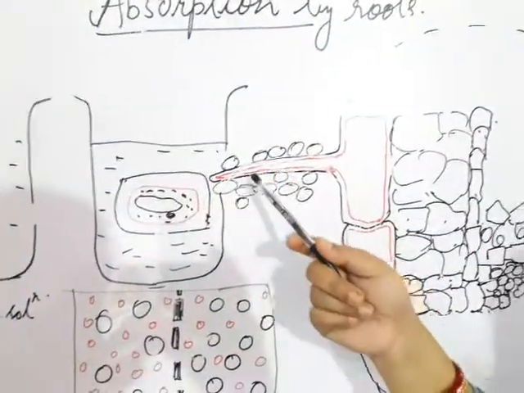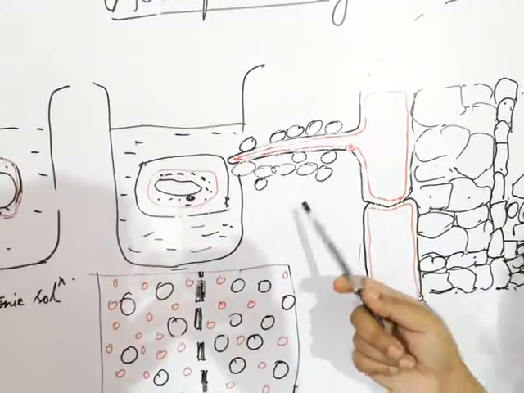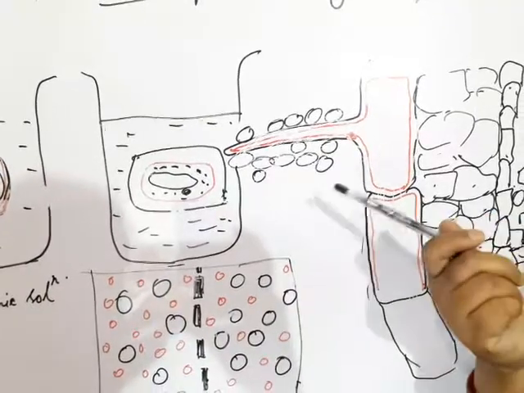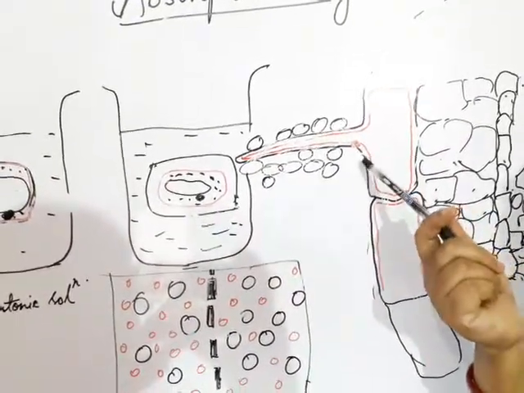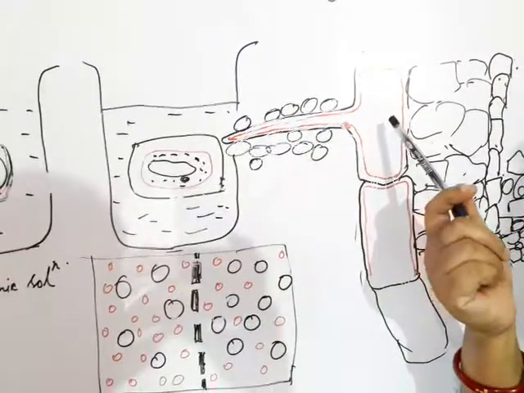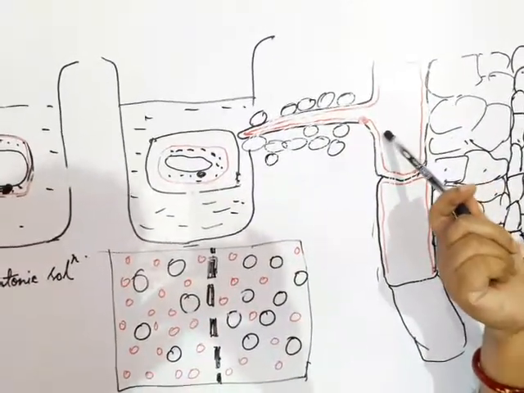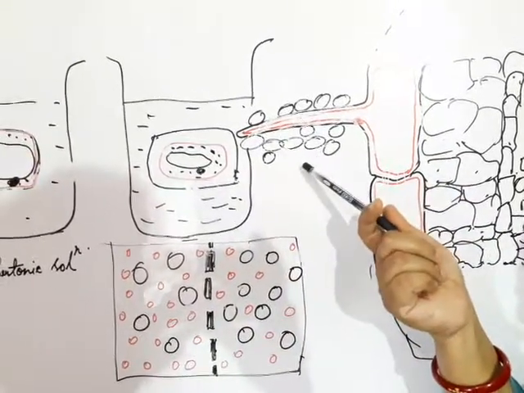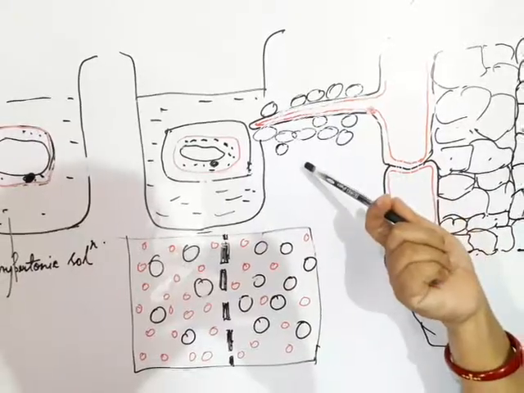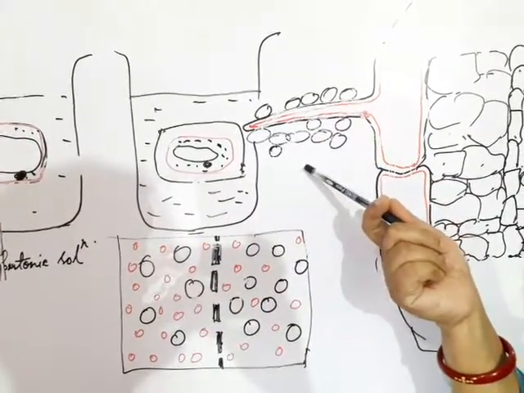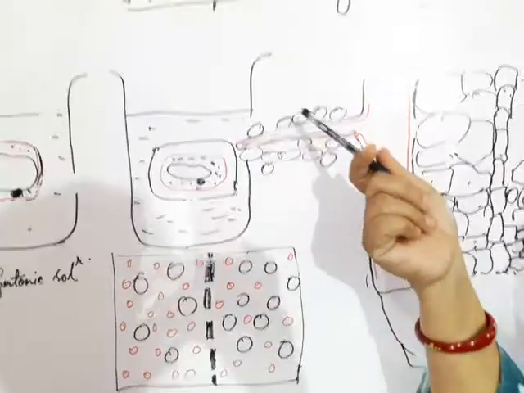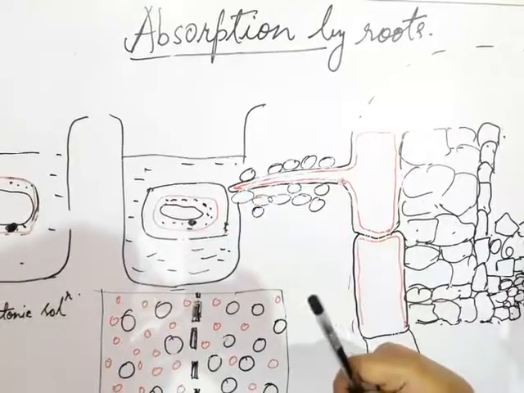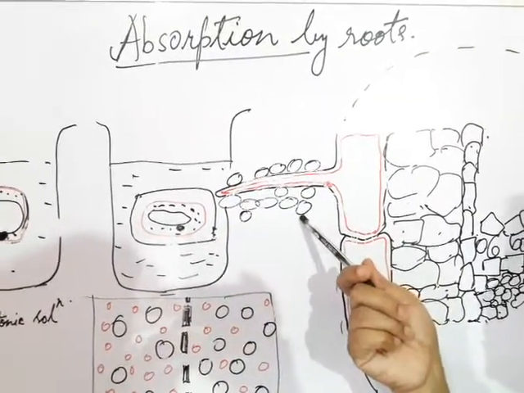The water contained in the soil is more than in the cell sap. The liquid with dissolved content in the cell is called the cell sap. In the cell sap, the number of water molecules is less than the number of water molecules present in soil water. So water concentration is higher in the soil. That's why the water enters from the soil through the semipermeable membrane, that means through the cell membrane. So this process is osmosis.